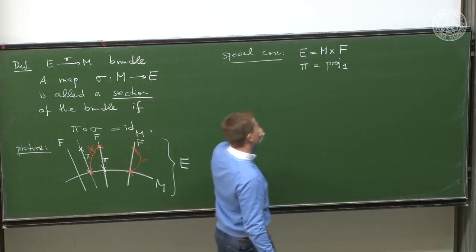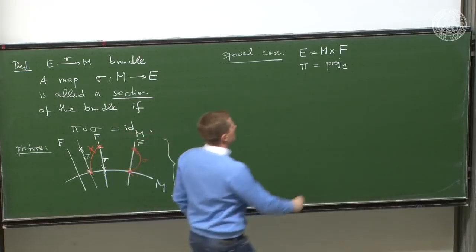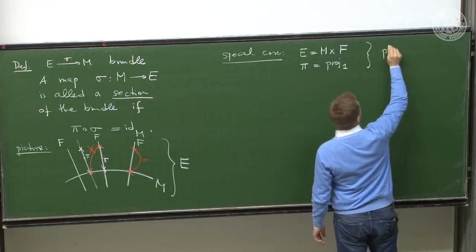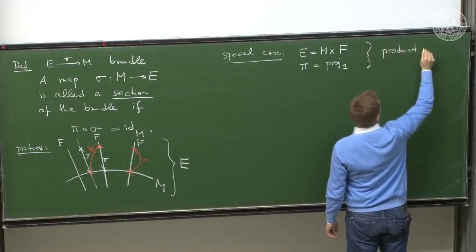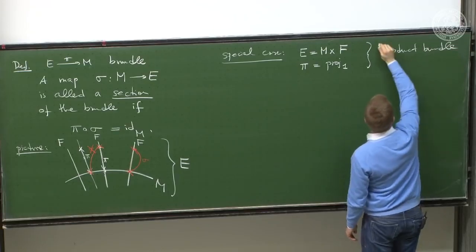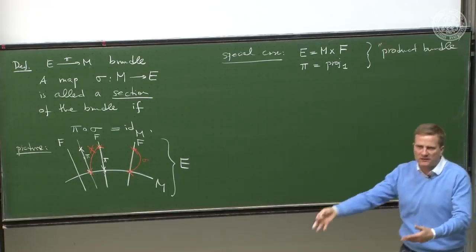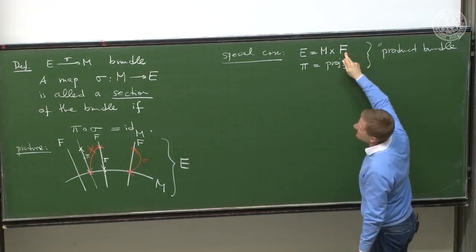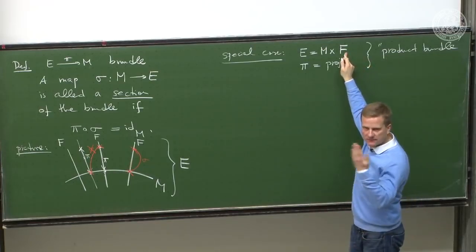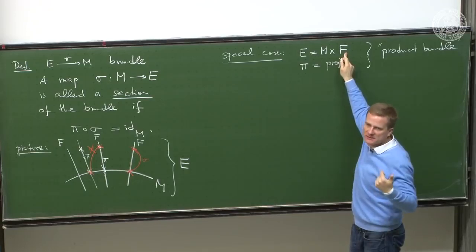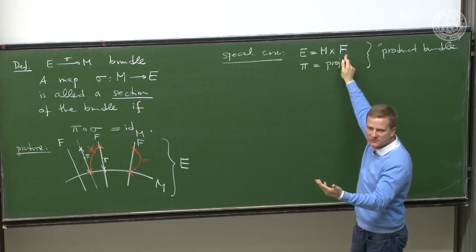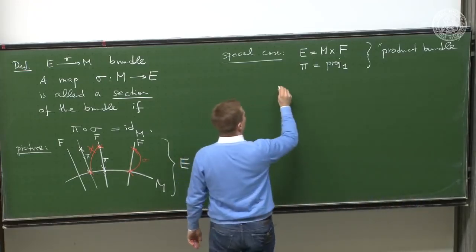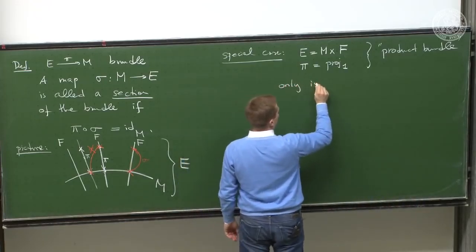You go down to M, so that's a bundle that's constructed like this, a product bundle. And it's nothing but the Cartesian product of manifolds, right? And you see every product bundle is in particular a fiber bundle, because if you take the product, then every fiber is the same, namely the second factor you chose. Okay? You have this, and in that case, only in this case,